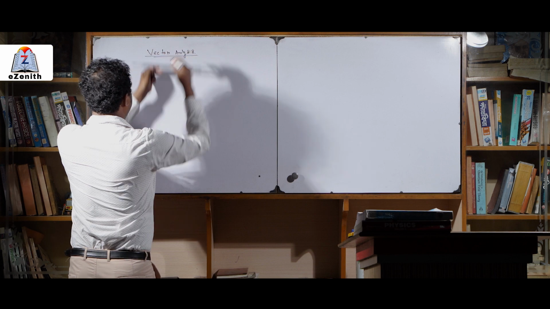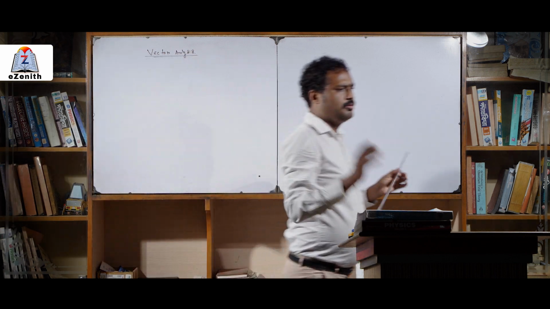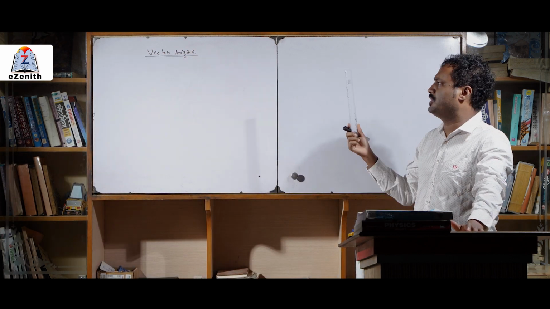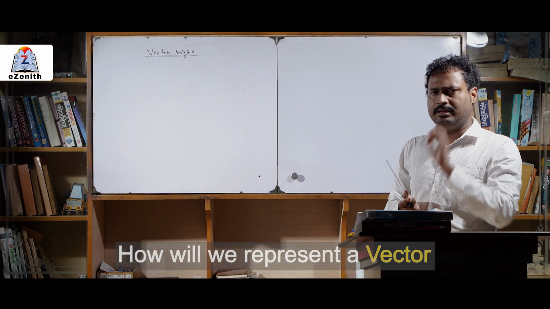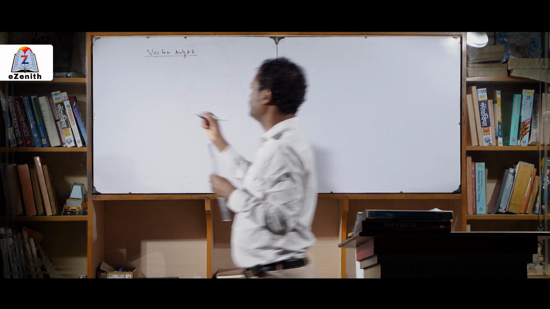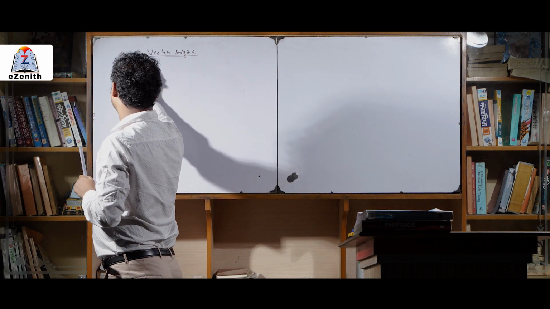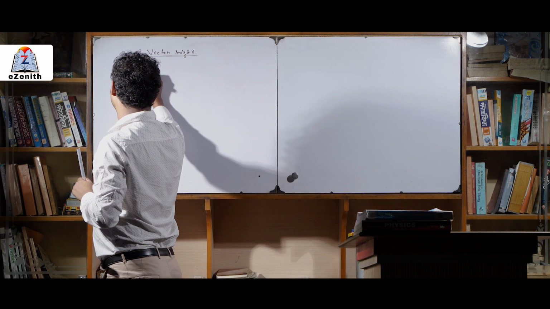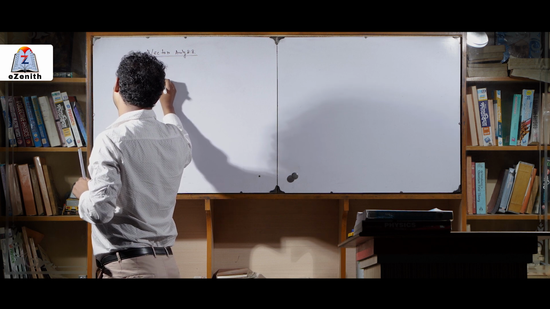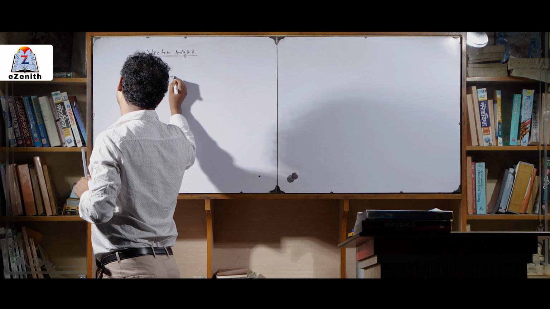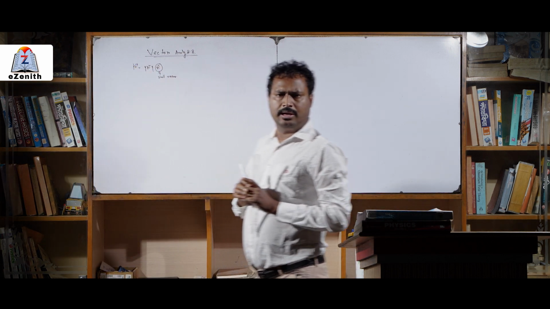From our previous class, we have a concept about the representation of the vector. That is how we represent the vectors. Every vector has a magnitude and has a unit vector. That is called the unit vector. Now,